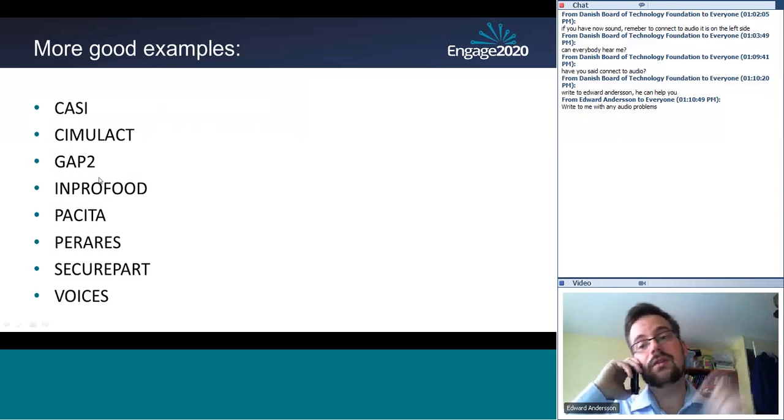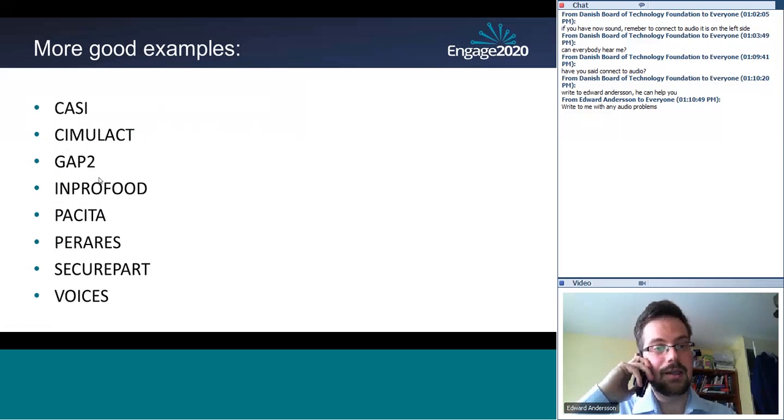There are lots of good examples out there. Marie-Louise has already mentioned a few of them. There's the Similac project, CASI, GAP2, which among other things looked at fisheries, Improfood, food security there, Pasita, Peraris, SecurePart, which looks at security, involvement in security, Voices, which was also already mentioned. So do look on the European Union Commission's website around these issues, because there are a lot of very valuable projects, which have already